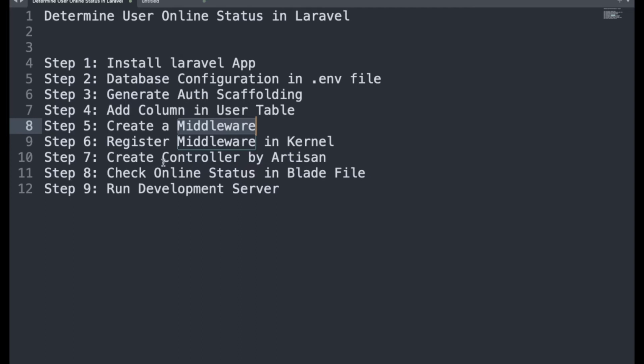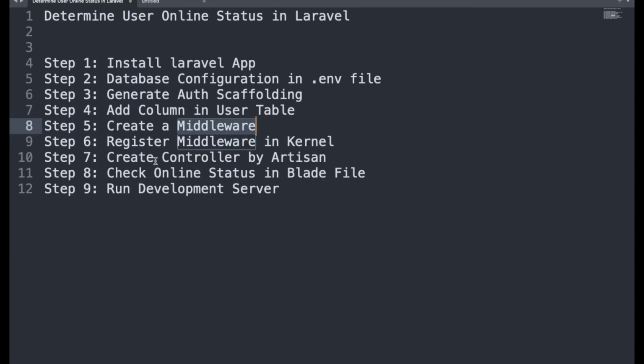Now what you need to do here: we have written create controller by artisan command, so you need to run a command to generate the Laravel controller. Also, in step 8, you can check the online status in the blade file. I will show you how we check the online status in the blade file.